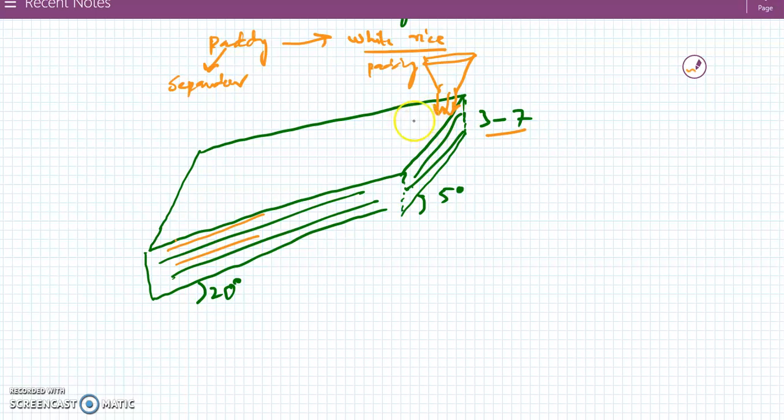When they are fed at the top, they will roll down. Because of this inclination, the paddy will roll in this direction. This is the upper side, and this is the lower side. So the paddy will move towards the lower side